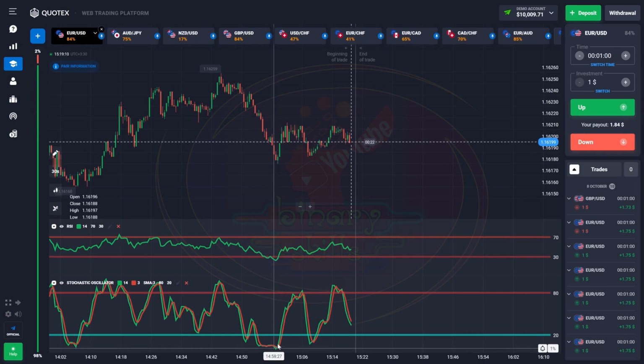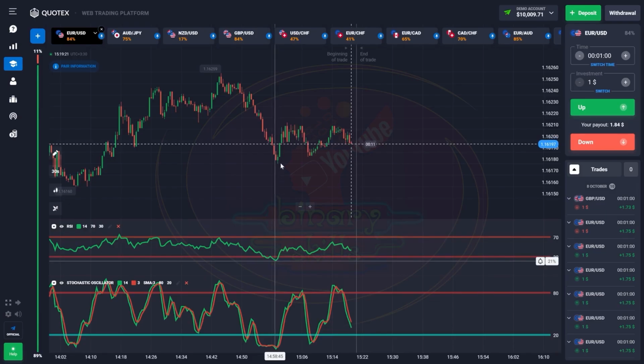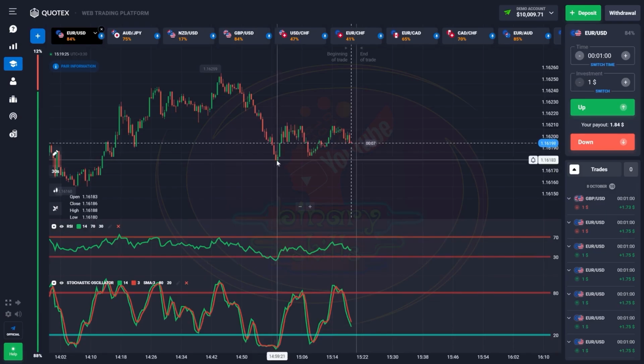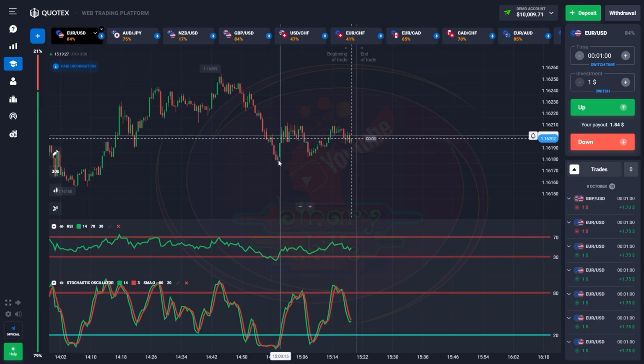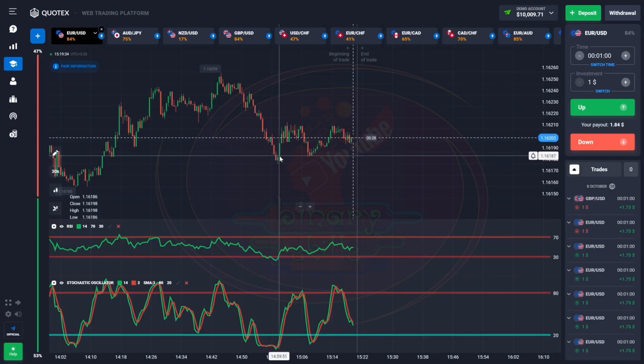Now, if you look here, you can see that the green line is moving upward and has even crossed the red line, which is an even better signal. The RSI is also in its oversold area, and you can see that this is exactly the point where the trend reversal occurs. Each of these candlesticks represents 30 seconds. If we had entered the trade on this candle or even the next one, our trade would have closed profitably